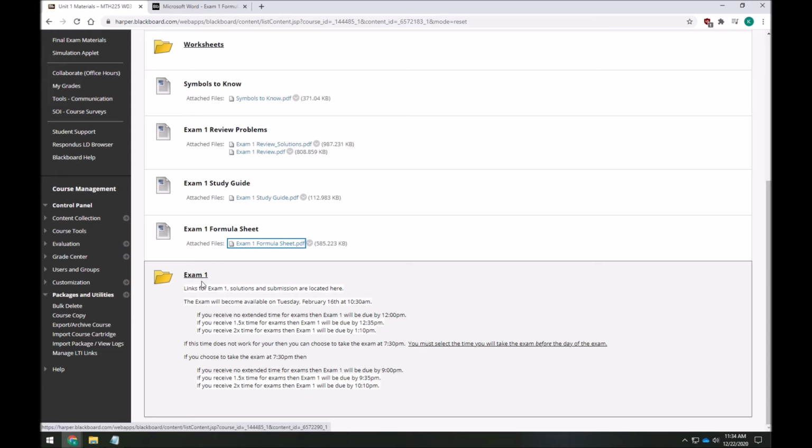Now you'll see that on or before the day of the exam, a couple things are going to need to be done. Our first exam will be on Tuesday, February 16th. Now, you can either select to take that exam at a 10:30 a.m. time, and have 90 minutes to complete it, or at a 7:30 p.m. time. Now you must select this, as I state here, before the day of the exam,